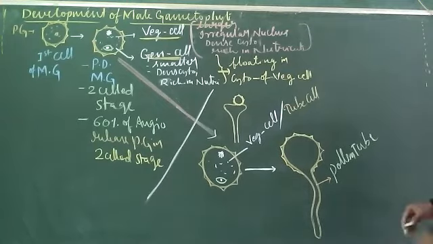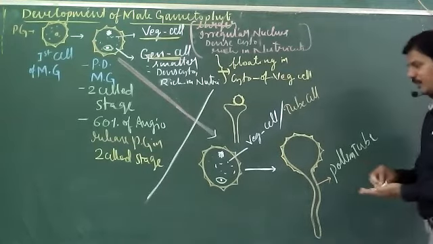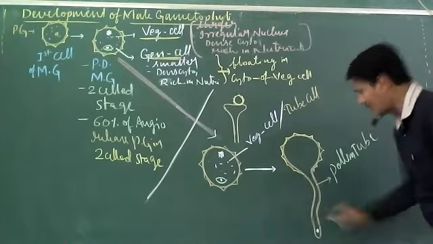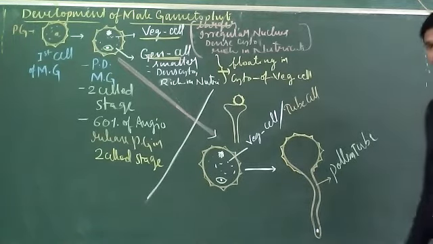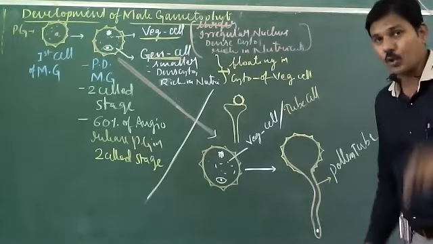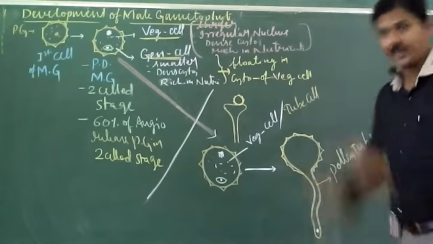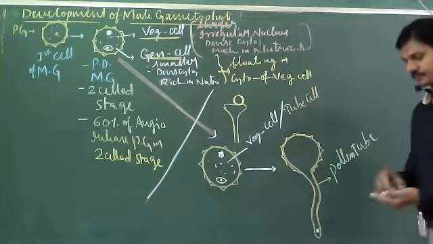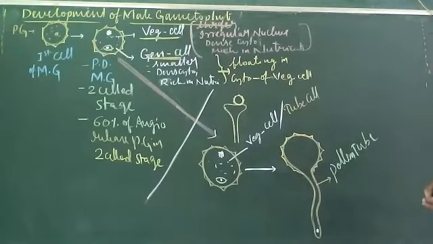In the beginning, vegetative nucleus enters into the pollen tube. Vegetative nucleus or tube nucleus. Later, this vegetative nucleus will degenerate. And then